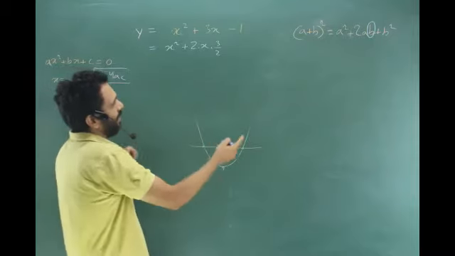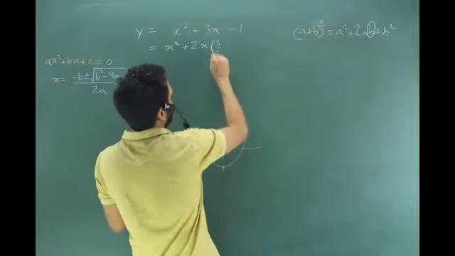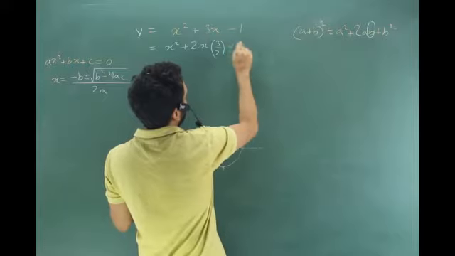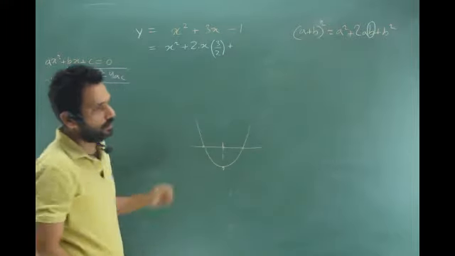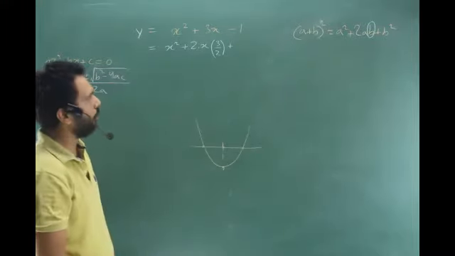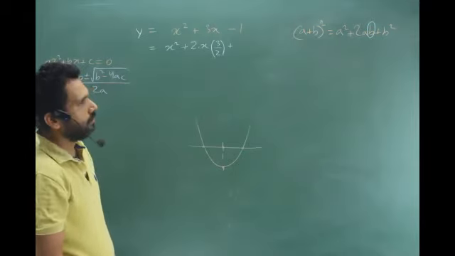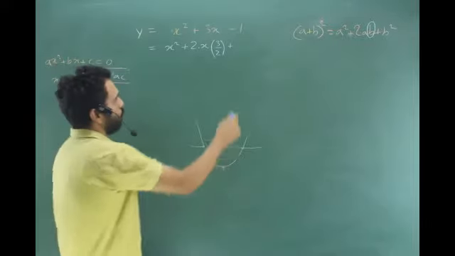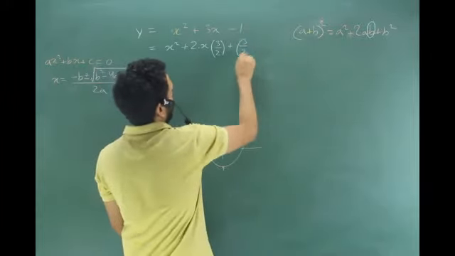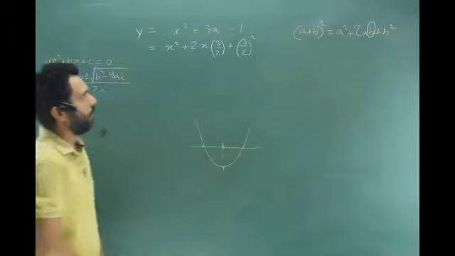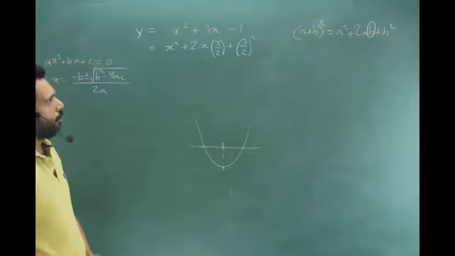So what is the next thing? Now you wish, you got your b. Now what do you wish? What should you have over here? Yes, what do you think you should have over there? 3 by 2 whole square. 3 by 2 whole square, right? Had it been 3 by 2 whole square, my life was so easy. Okay, so I put it over there, but my life is not that easy.